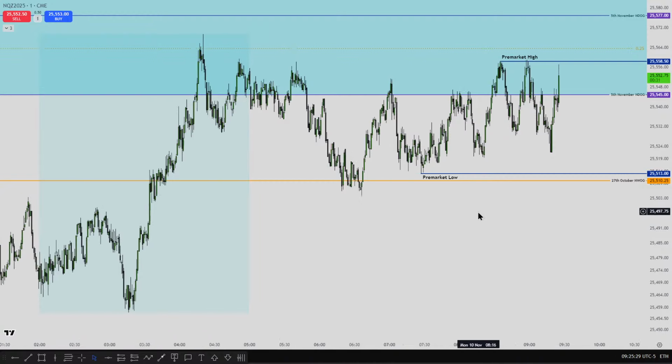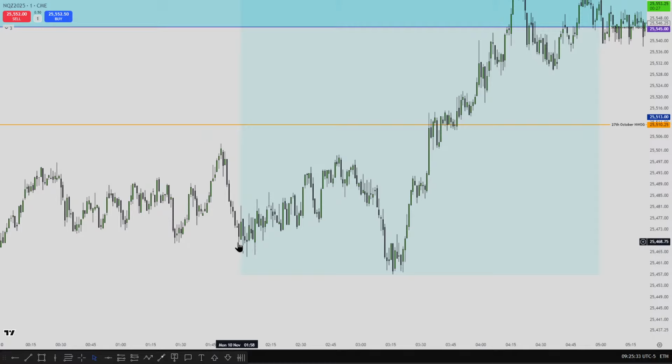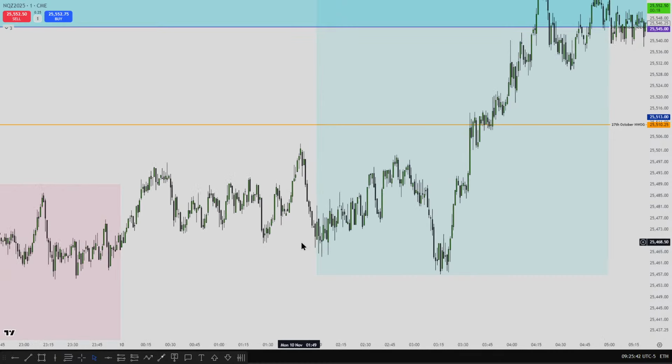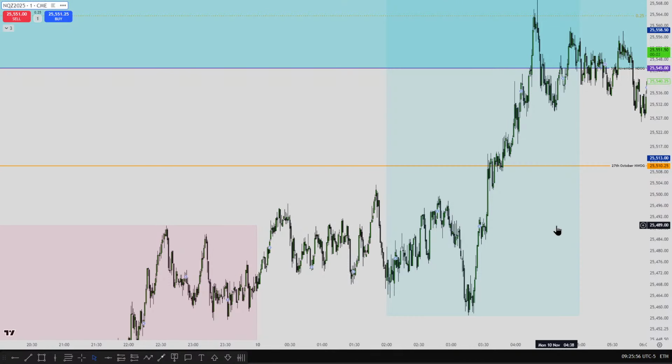Until then, let's look at London. The first hour of London does nothing but consolidate. This is a good thing, although you have to sit through an hour of consolidation. As long as you're not getting caught up in trying to catch something inside this chop, it becomes very easy to trade the rest of London. Because if the first hour's consolidated, then that sets up the next 2 hours to be